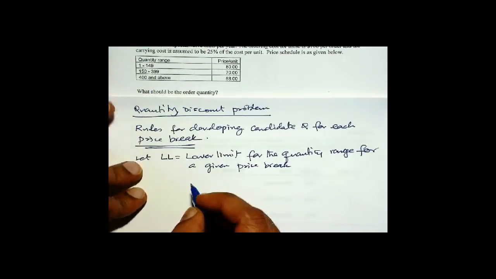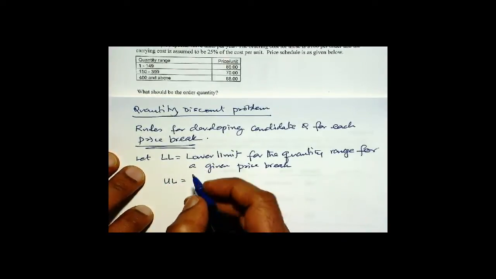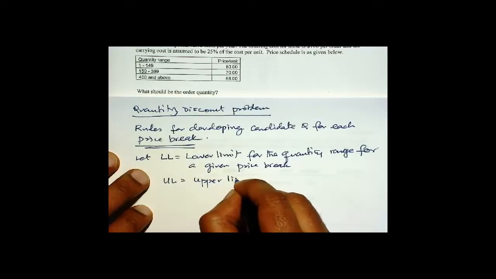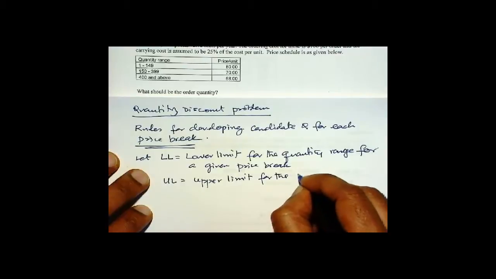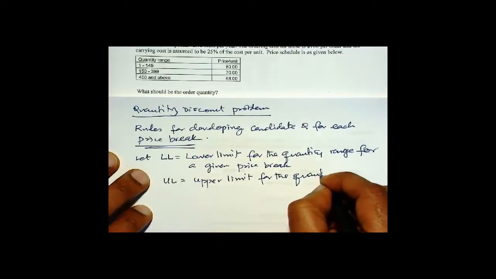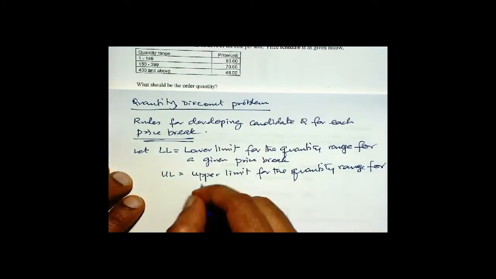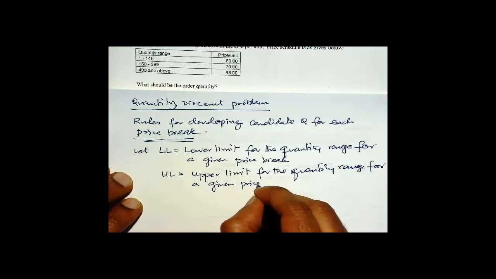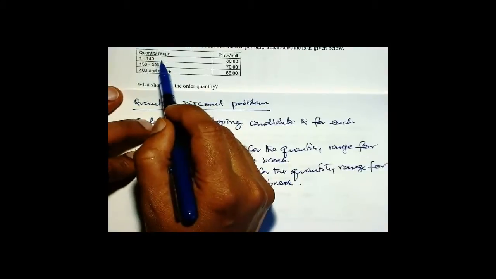And let's use UL as the upper limit for the quantity range for a given price break. So that would be the right hand side. So in the last case there is no upper limit,